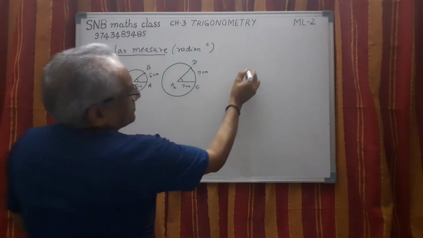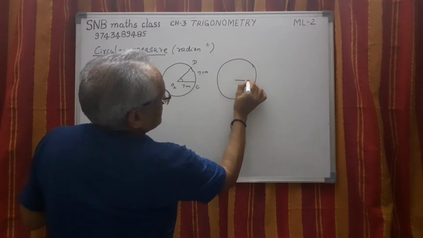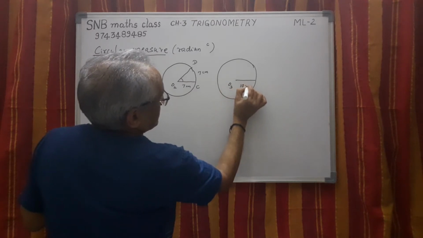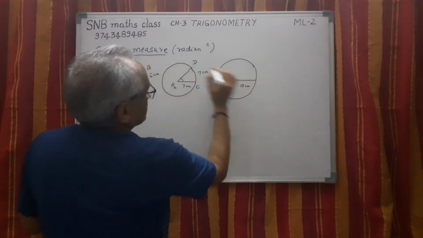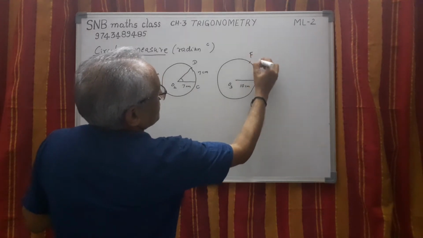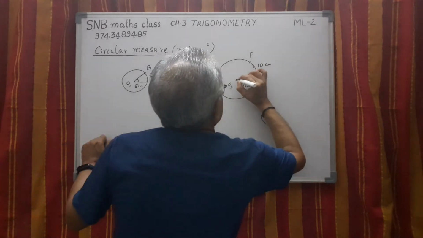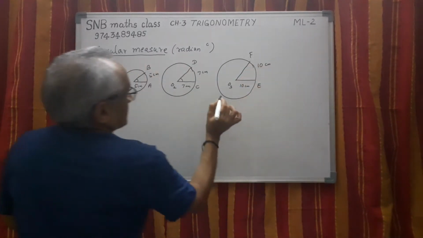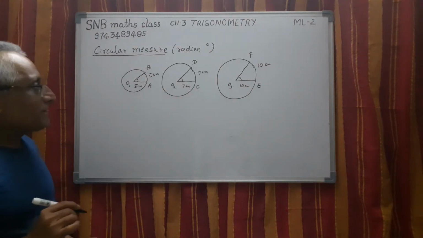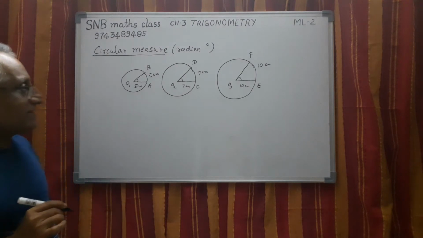Let us take one more circle. Say for example, circle with center O3, radius say 10 centimeter. This is ABCDE we will take. And once again, this is F, such that this is also 10 centimeter. So let us join this one. Now this is the angle. Practically can do it. Now if you measure all these angles, they are all equal, congruent angles.